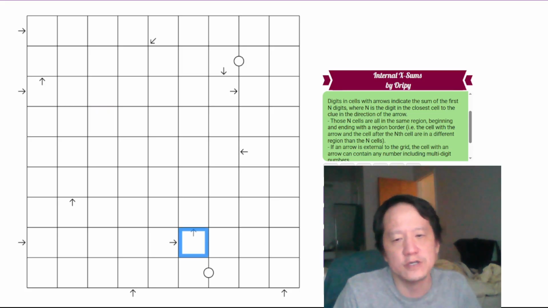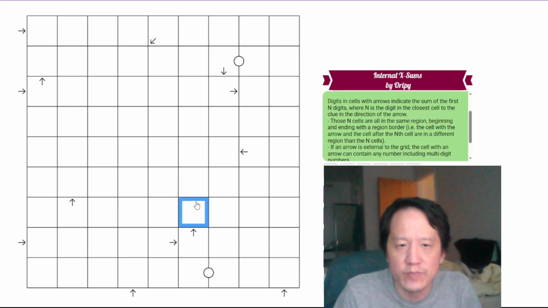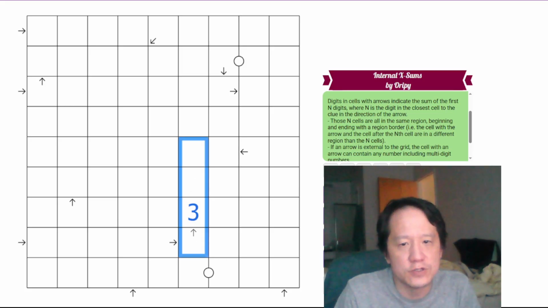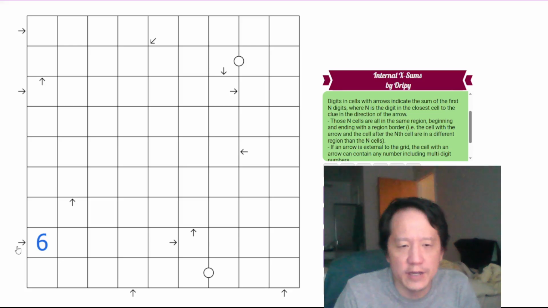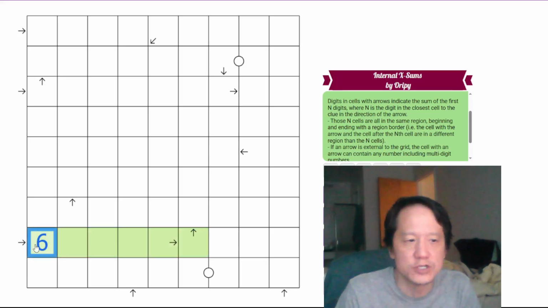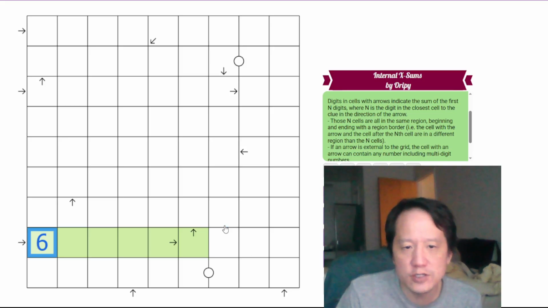So, as an example, say this was like a 6. Actually, this would not be a 6. This is the sum of the first whatever digits. So n would be here. So it would have to be like 3 or something. Let's use this, actually. This is probably better. So say this was 6. This sum would be outside the grid, so it could be any number, but it would have to be the sum of the first 6 digits, and those would all be in the same region, and this would have to be in a different region, which obviously it is because it's outside the grid, and this would have to be a different region